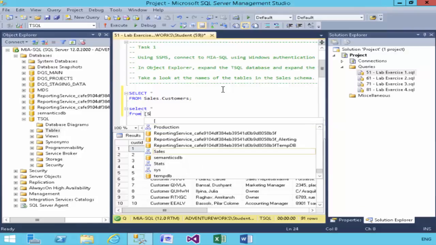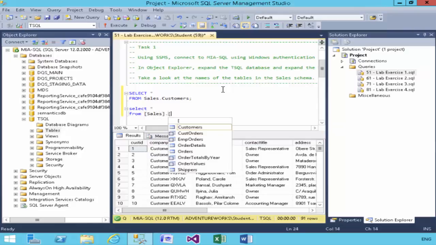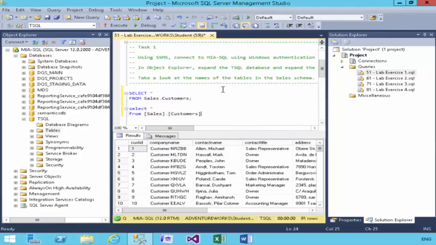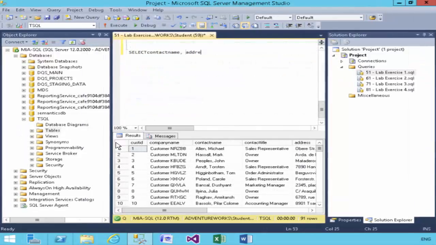Now this time we're going to run a slightly different altered version, but effectively does the same thing. I'm placing the field names into square brackets. You'll get the same data. It's just to show how SQL Server Management Studio and how T-SQL can parse square brackets, meaning field name. And it's useful to use square brackets where there are spaces in the field name. There shouldn't be space in the field name, but if you do find there is one, use square brackets. We get the same result.